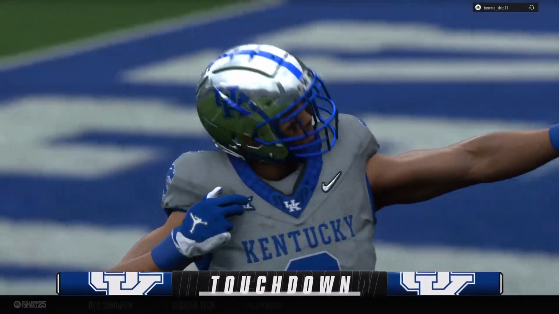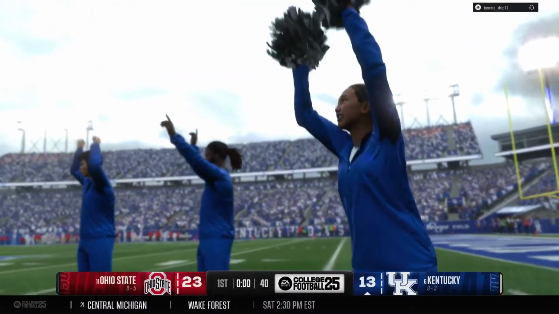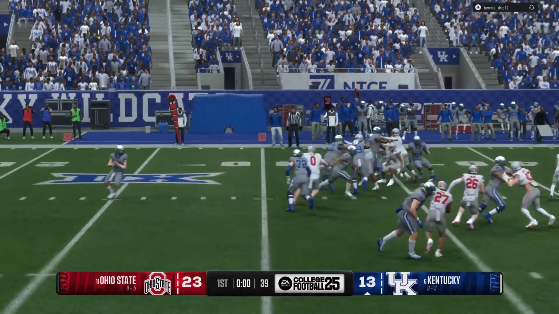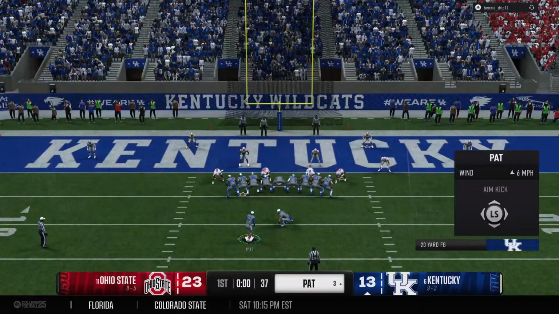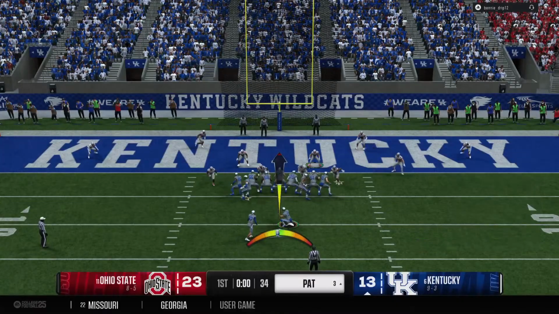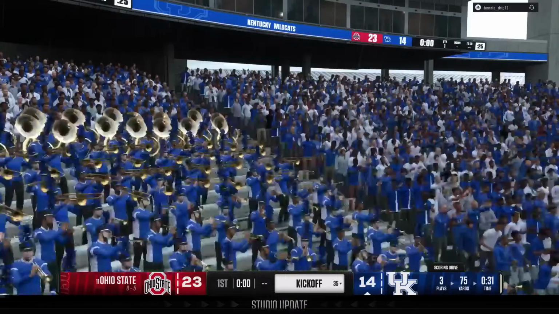This all week I wondered if this back might get loose and come up with a big play like this. The defense had their back turned, couldn't really see where he was. By the time they realized it, he just had too much speed, and he's able to take it to the end zone. And now here comes the point after attempt. PAT up and good. They get a little bit closer.